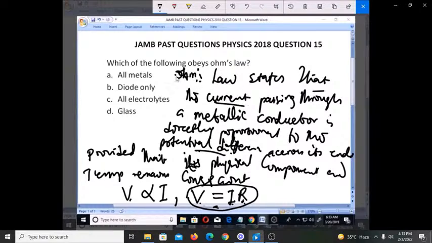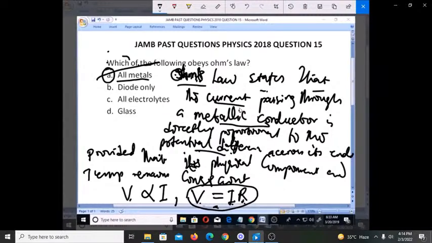So from the statement of Ohm's law, which I just stated now, you can see that Ohm's law has to do with metallic conductors, metals. So from the options, you can see that the most likely is option A, which is all metals. Though I also think that some metals don't actually obey Ohm's law like that, like tungsten that is used for bulb. So the right option here is A, all metals, because in the statement of Ohm's law, we have that